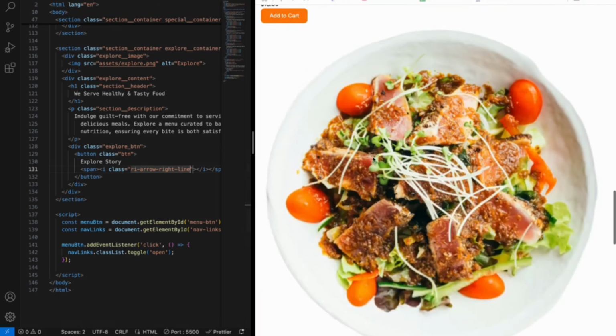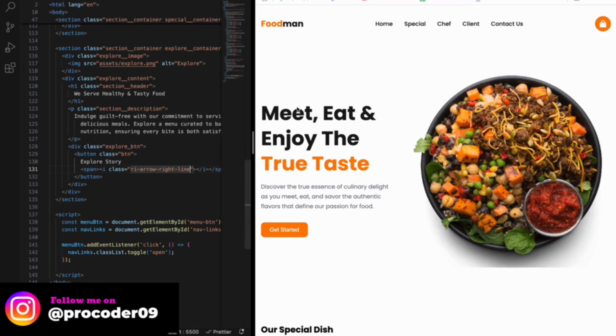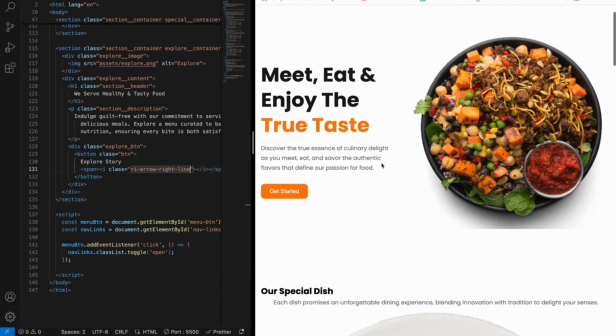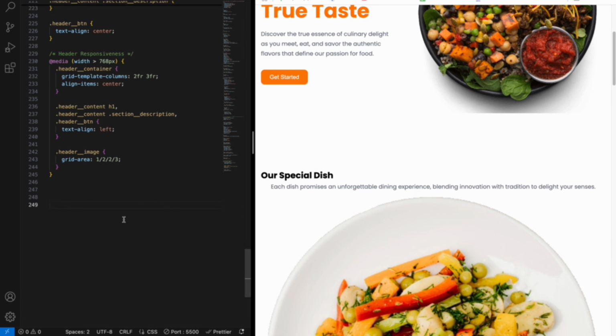So after this index.html part we will go for the styling here. So let's go and make it responsive with the styling as well. So in the style here, first let me add the comment here, so that you can check it out. Okay, so here we have special, okay, now it's fine. Now here start with the section header, because we have a header here as well. Okay, so section header,